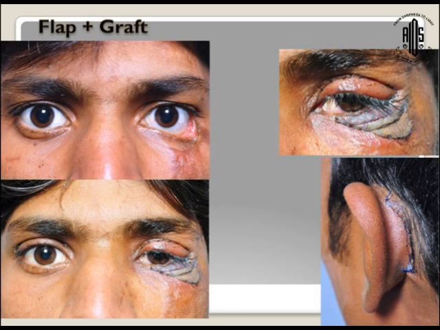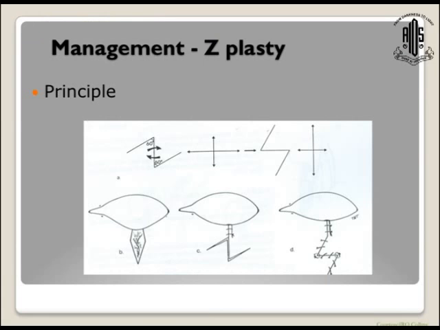In this person, the contralateral upper eyelid skin graft alone was not sufficient, hence skin has also been taken from the retroauricular area, as you see over here. In my practice, most cases of ectropion, especially the lateral ectropions, are very well managed with monopedicle flaps, and hence I do not do Z-plasty as a primary treatment unless, of course, it is really required.